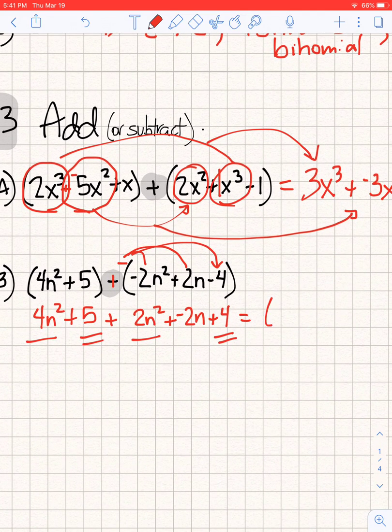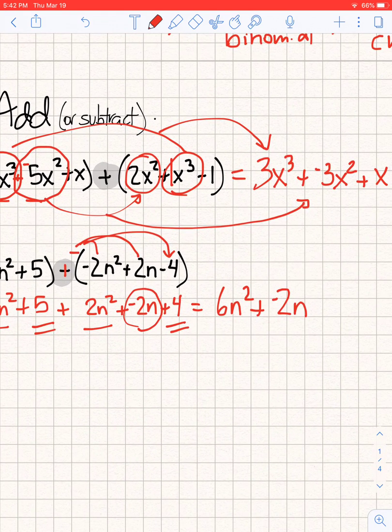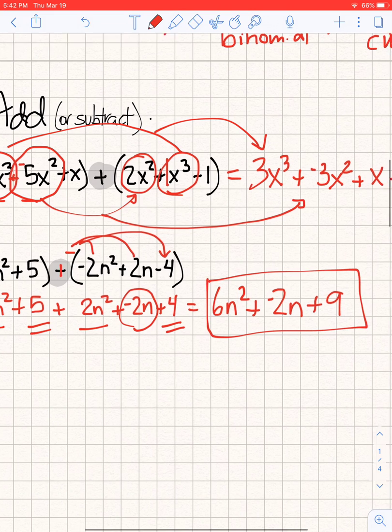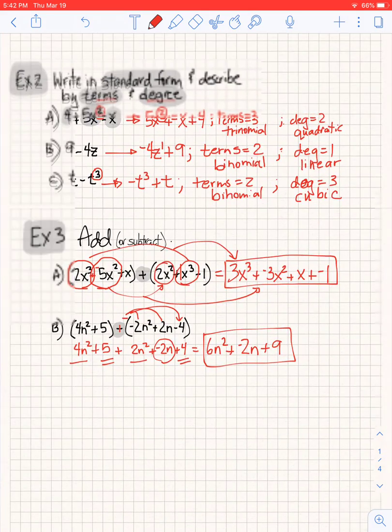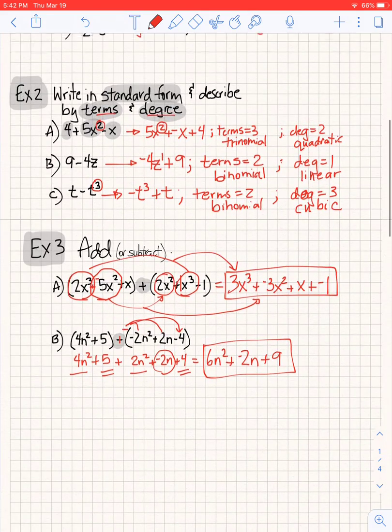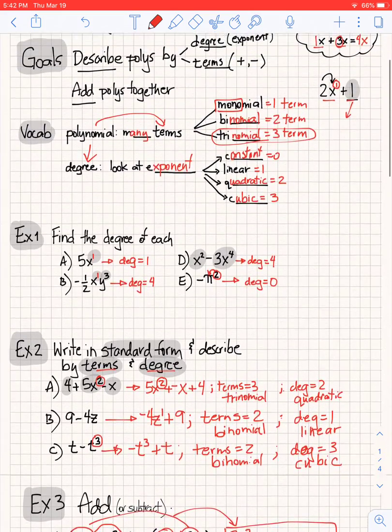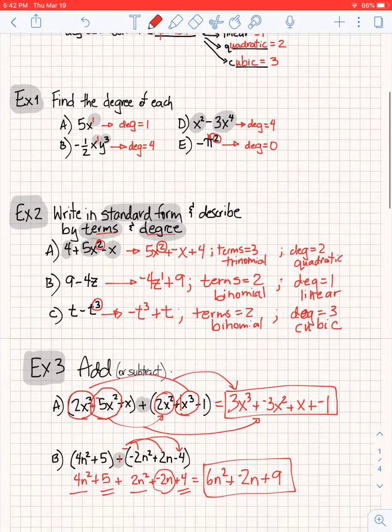4n squared plus 2n squared, 6n squareds. Don't put the 5 next because that's the constant term, so we're going to leave that for the very end. Notice we have a negative 2n here, so that's the next term I'm going to write down. And then finally 5 plus 4 is 9. I should circle your answers, block them out, whatever your teacher thinks is an important way to show I have arrived. All right, well there's a little introduction to polynomials, learning how to classify and how to add and subtract them. This is just the beginning of a rather long